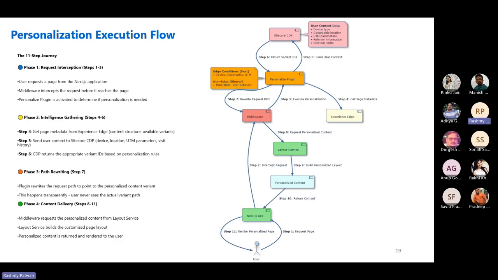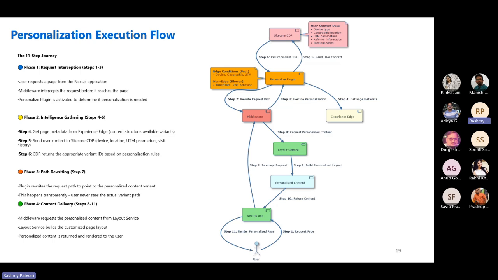That's again the entire flow, pretty much 11 steps. So basically what happens, right? When the user browses to your website and accesses a particular page which is, say, personalized, the request is intercepted by the middleware, which activates the Personalize plugin.